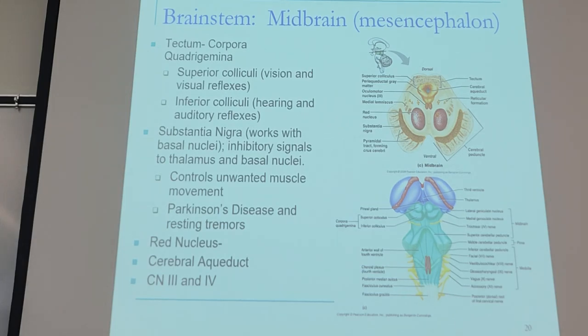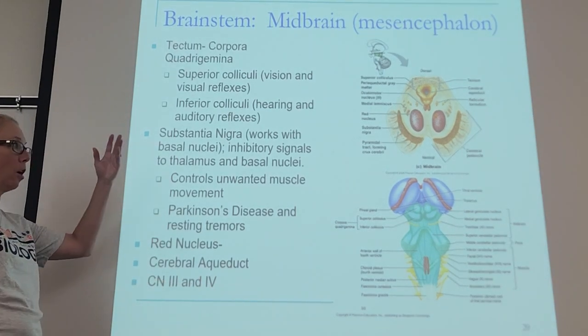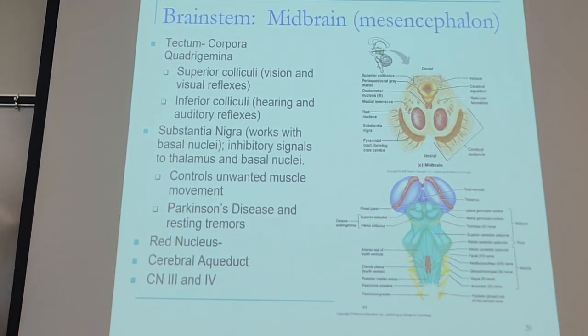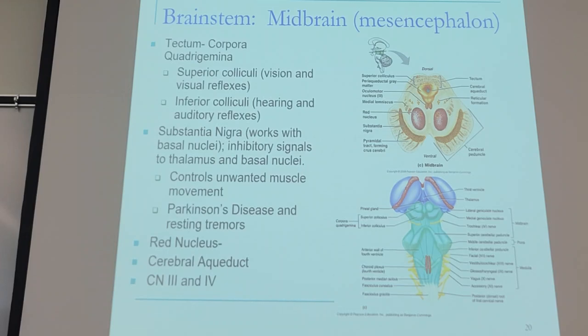So if you lose the ability to control unwanted movement, you're going to get excessive movement, and it can impair your functional mobility. Don't worry about the red nucleus. Again, the cerebral aqueduct we've looked at in lab. Cranial nerves 3 and 4 actually come off of the midbrain. So when you're identifying them, if you're looking around the cerebral peduncles, that's where you're going to see